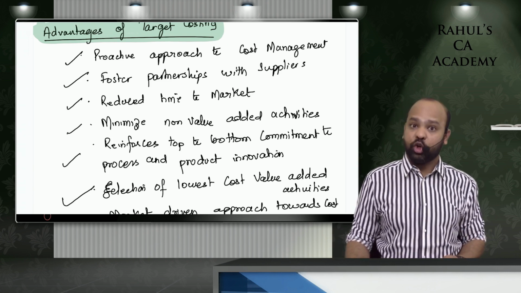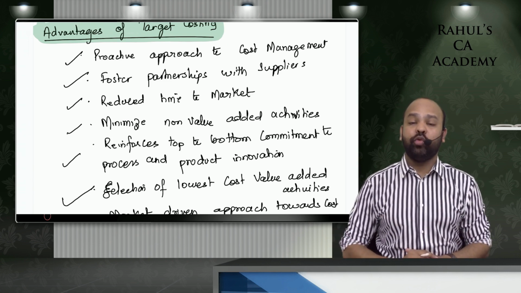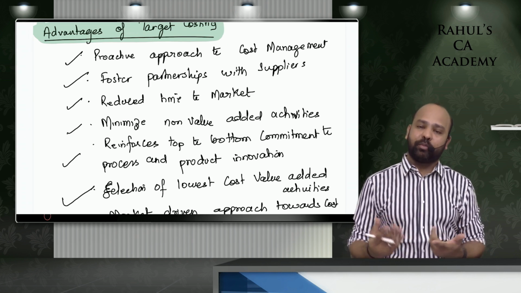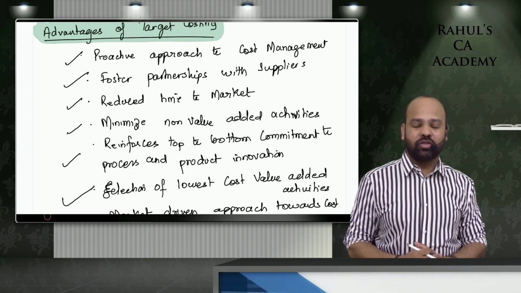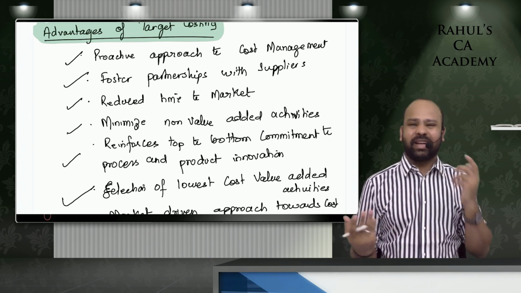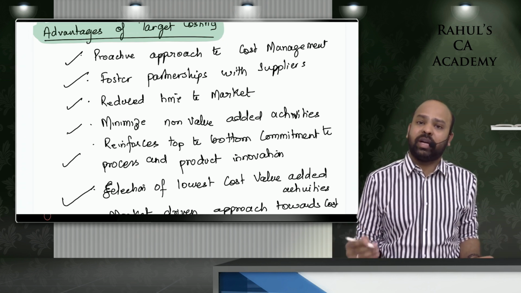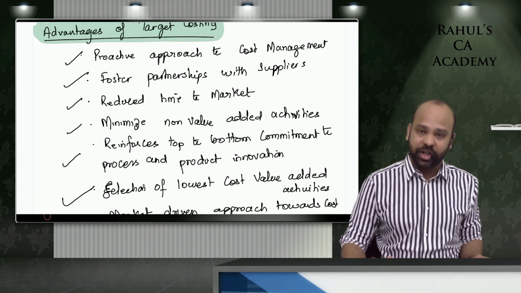Lean system and innovation. Only if you keep looking at new ways of performing the production services, delivery services, support systems, you will be able to reduce cost in the long run. Target costing also, have a look, that we have learned in the previous chapter. Even that is your cost reduction technique.